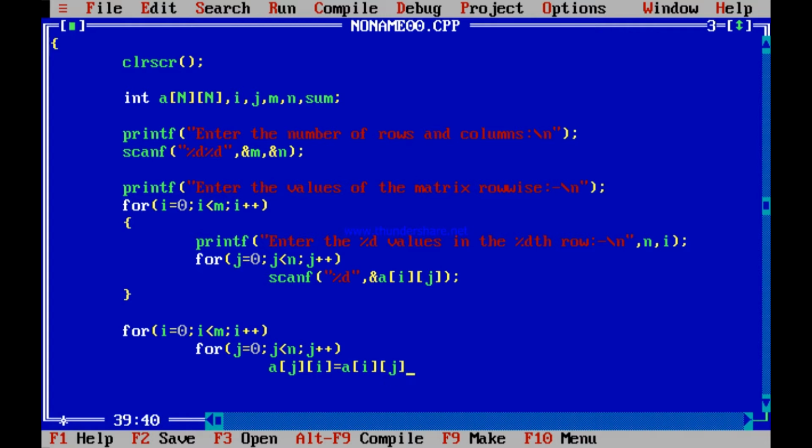Will this do? Aji equal to Aij. Say you are entering with 0 0 first, the i 0, and you are entering with j 0. So A00, you are assigning it to A00. Quite okay, because the number will not change. A00 should not change. Next time, i is still 0, but j has become 1. So what are you doing? A10, you are copying A01 to A10. Absolutely fine. Next time, you are entering with j equal to 2. So what are you doing? You are copying A02 to A20 and so on, A03 to A30.